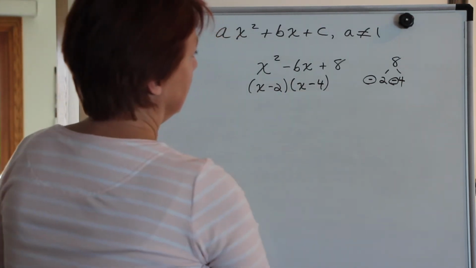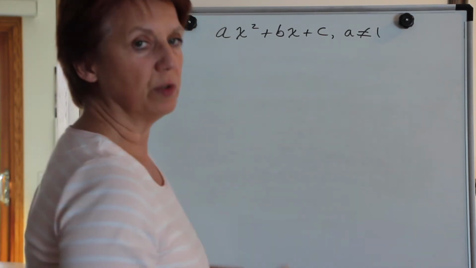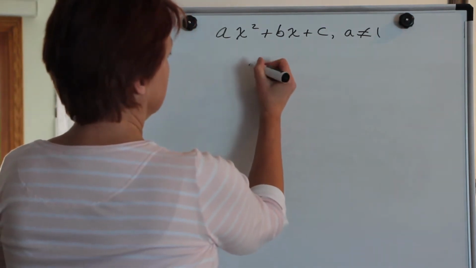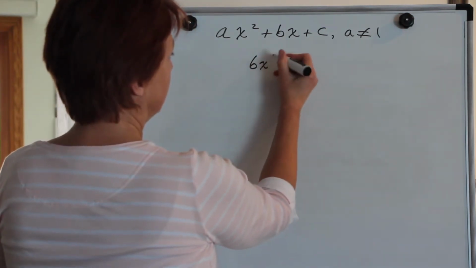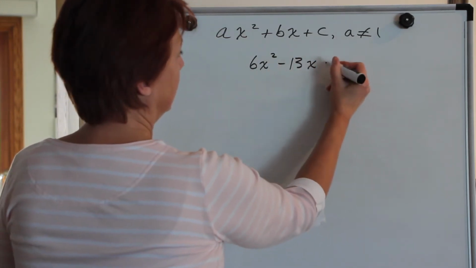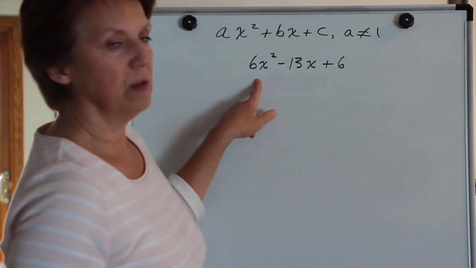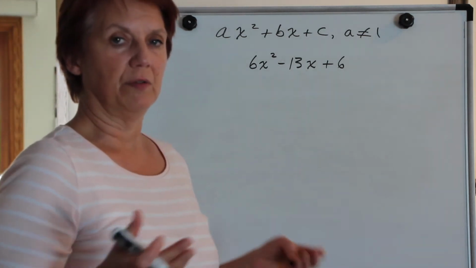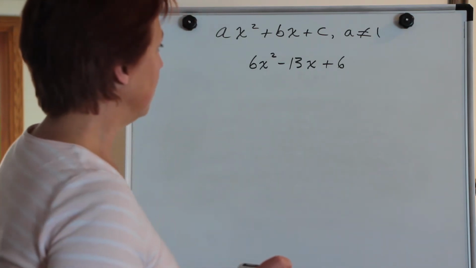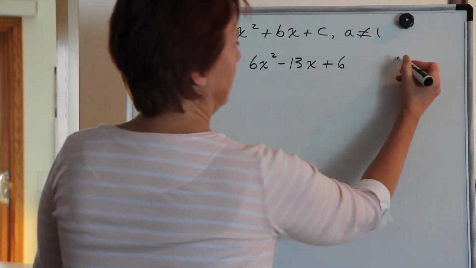Okay? Then when we get into ones where a is not equal to 1, then we have to decompose the middle term. So let's take this one as an example. And we did this one in a previous video, but I just want to recap how this works. Okay, so when a is not 1, the first thing you do is ask yourself if there's something in common to all the terms. Since there isn't, what we're going to do is take these two numbers and multiply them